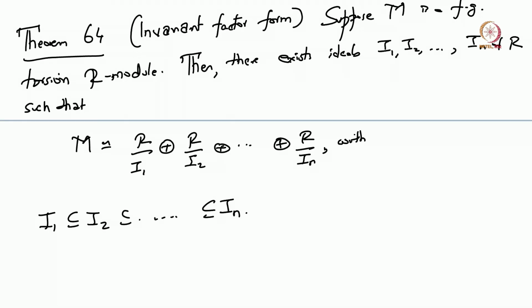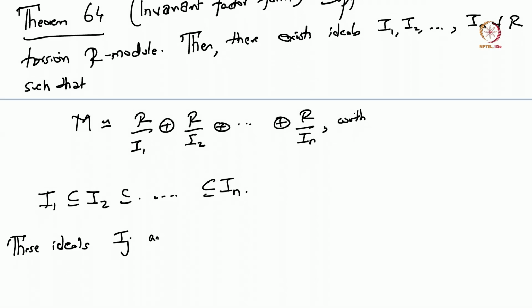If you choose these ideals to satisfy the property that they include one inside the other, then the ideals Ij are uniquely determined by M,